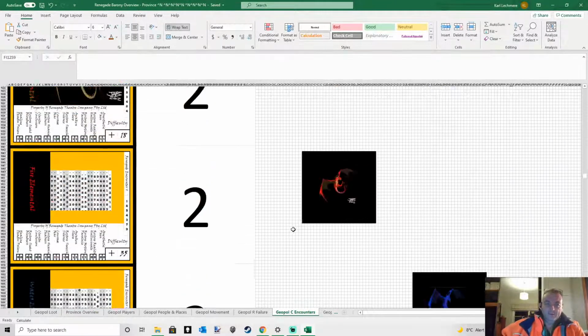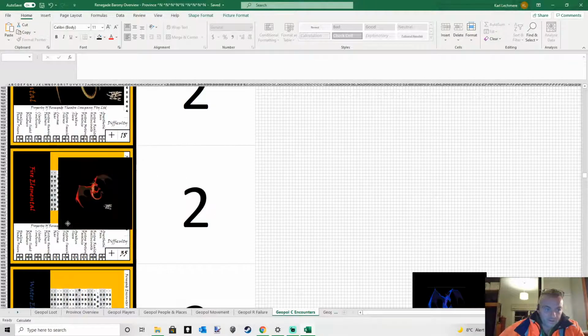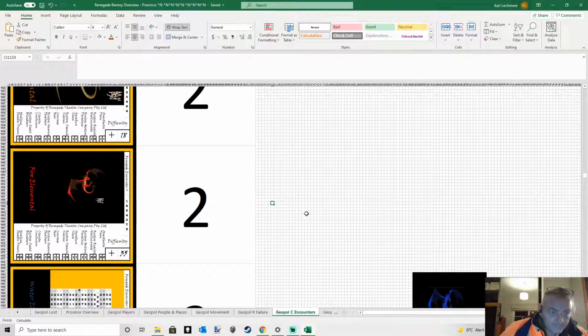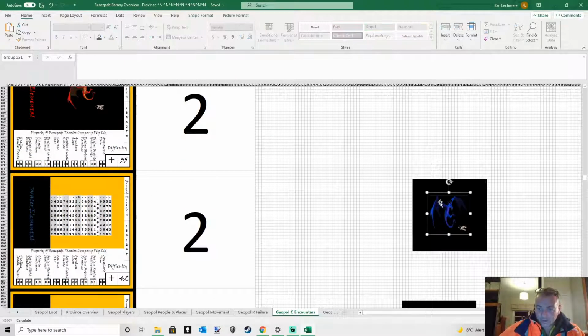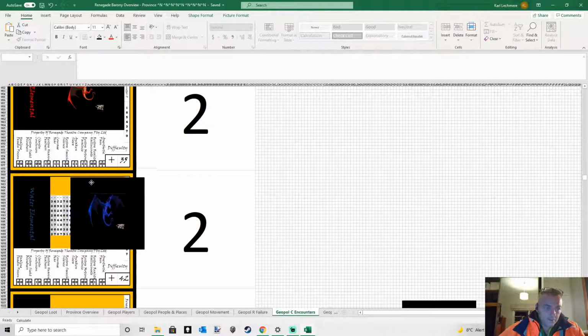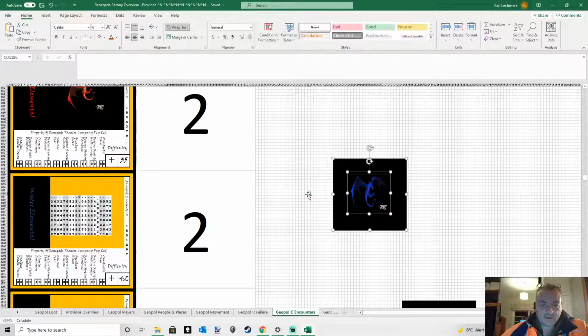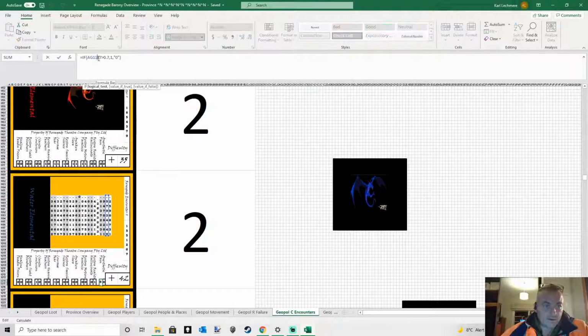But that's okay. Okay, so now you can grab that, drag it over here, and then you can use the arrow keys to maneuver it into place. Alright, we'll just check something else. So now, yep, it looks like it's doing what it's supposed to be doing.